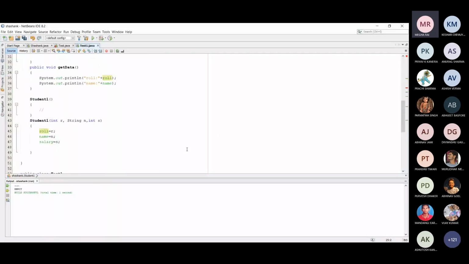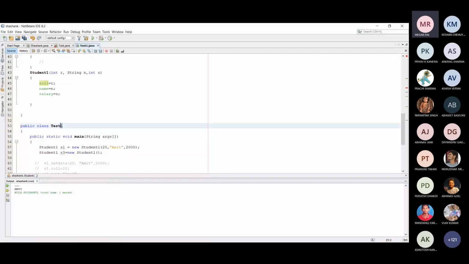When you write public class Test1, Test1 is the class. This is user defined, and class is a keyword used to write any class. If you write Student1 here, this is a class.